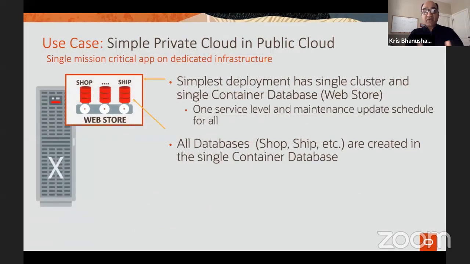Now, you could start off, some customers say, I've always wanted Exadata. I have this one important application in my company. I cannot afford to buy Exadata, for example, or do not want to keep it, do not want to have a data center, a variety of reasons. You can now provide that availability and that performance to that one app, right? By moving it to the Autonomous Database Cloud, get your own quarter rack, for example, to start small and provide the highest availability without jumping through hoops, to the application that matters. So that's a simple use case of take one application and move it there.